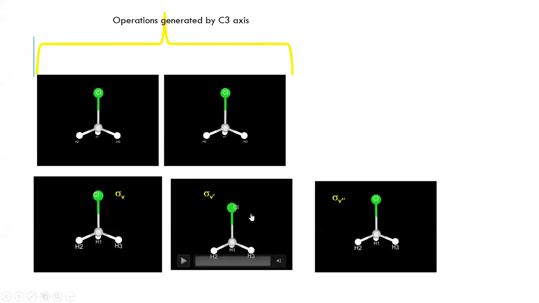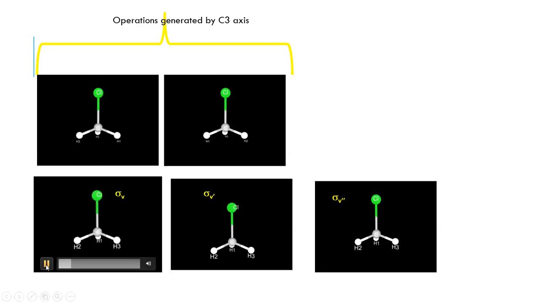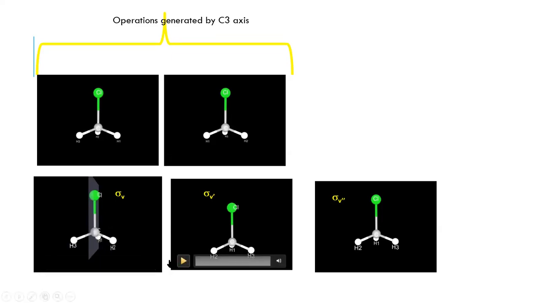And next, this molecule we'll see. The symmetry elements are, this is a C3 axis, and this is again a C3 axis that does 2 times. So this is the C3 squared symmetry element. So they belong to the operations generated by the C3 axis. Then you have a sigma V that is actually cutting the molecule into 2 equal halves. And so it's a vertical plane as it goes along the C3 axis.